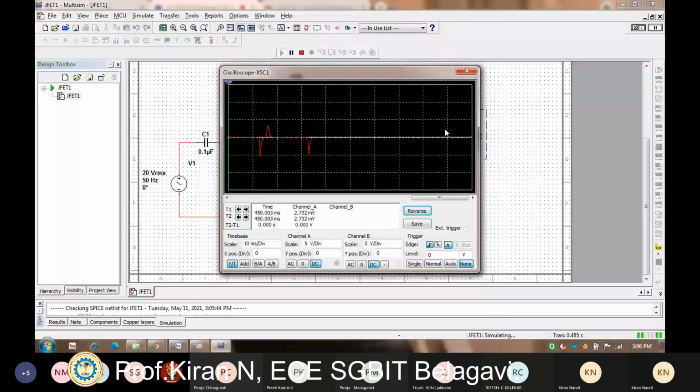At channel A, I'll set it as 5 volt, and at channel B, I'll set it as 10 volt per division, and my Y position will be 0.8, and my X position will be 0, and this time per division scale, I'll reduce it to 2.